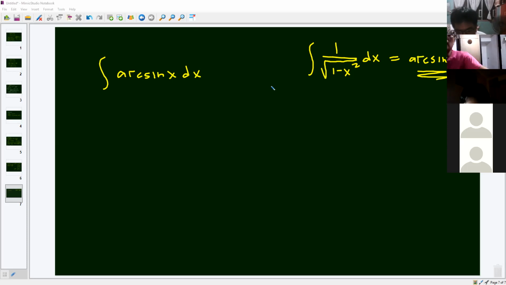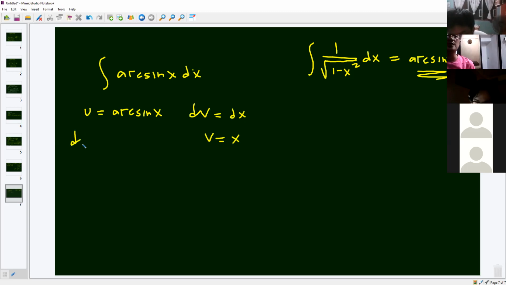Okay. So let's start. Sabi ko nga, what's good about this integral, if you will use by parts, eh wala ka namang ibang u na rito, kundi si arc sin x. Right? And dv is dx. Obviously, v is x. And then, what is the derivative of arc sin x? Actually, binigay ko na here. If the integral of 1 over square root of 1 minus x squared dx is arc sin, then the derivative of arc sin is this. 1 over square root of 1 minus x squared